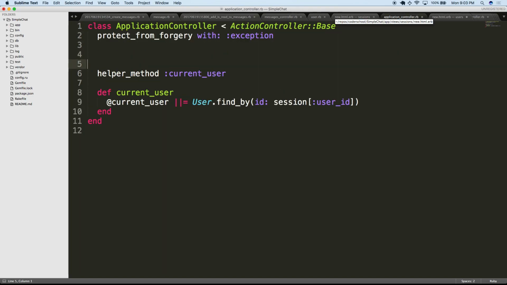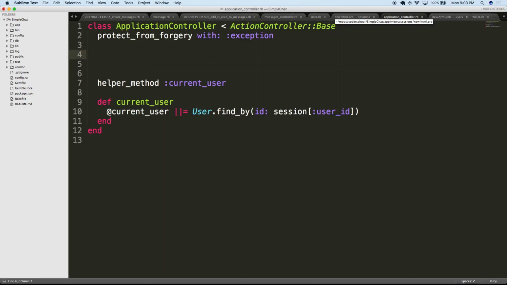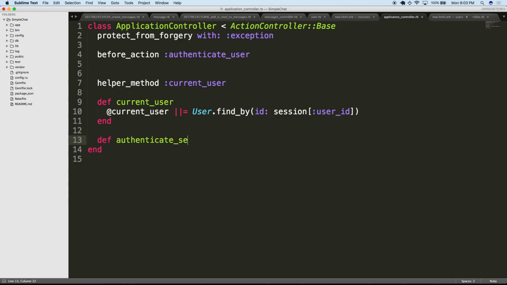So something like, I believe it's before action, like authenticate user or something. And then you would define that down here. And what you want to be essentially doing is,